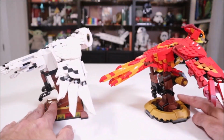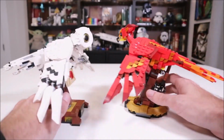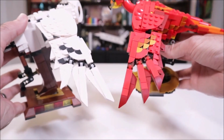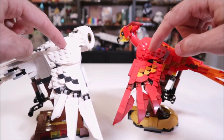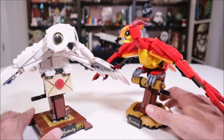Regarding the body section, they are both built very similarly. You can see that both of these sets are the same width, height and length, and unfortunately this new Fawkes set suffers a similar problem to the Hedwig set in this section, and that's being the fact that the tail feathers are extremely easy to nudge out of place and even just to fall off entirely if you brush them. Getting all the feathers straight on both of these sets can be a nightmare,